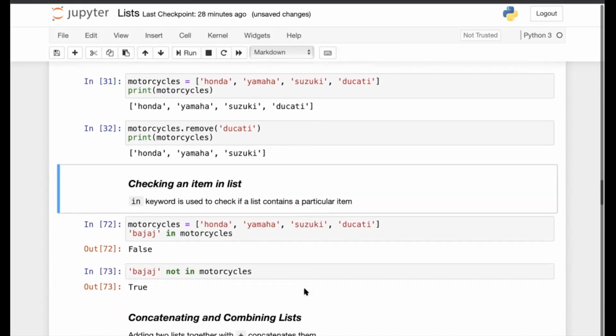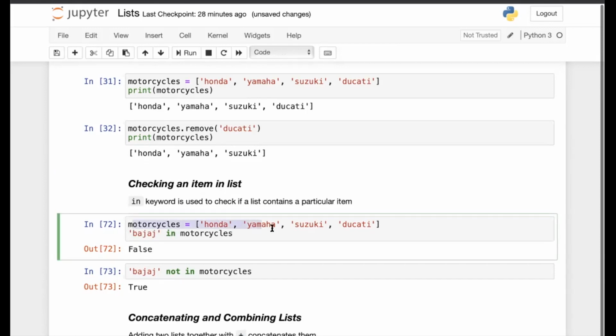Now, if you want to check whether an item is present in the list, you can use the in keyword. So 'Bajaj' in motorcycles. I have this list: Honda, Yamaha, Suzuki, Ducati. Now I would like to check whether this string Bajaj is an item in this list or not.